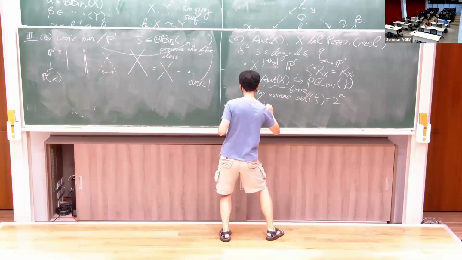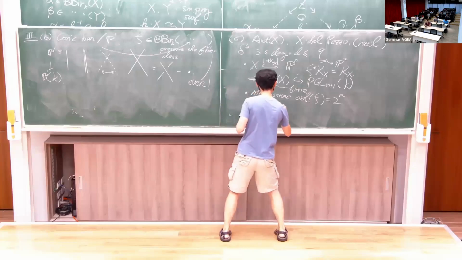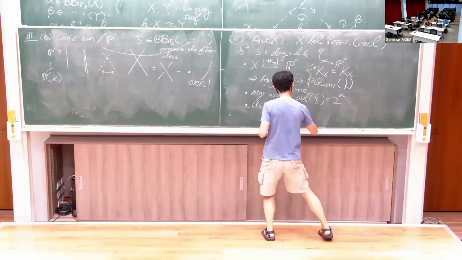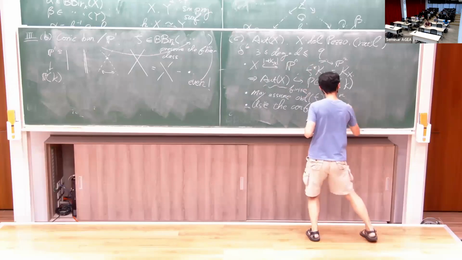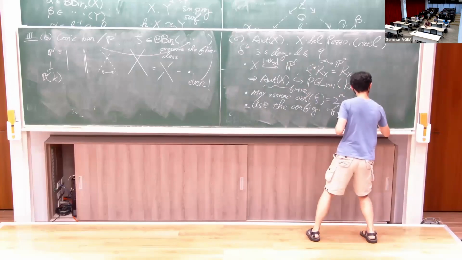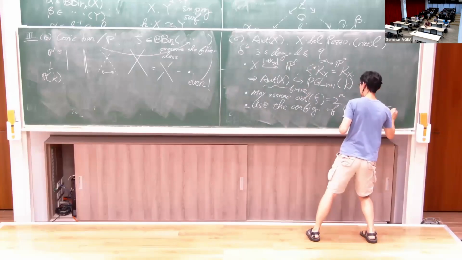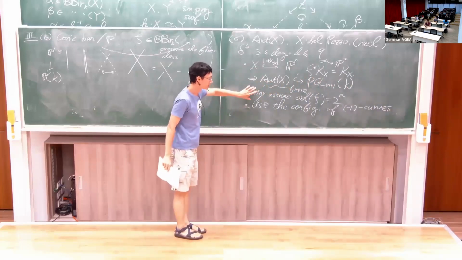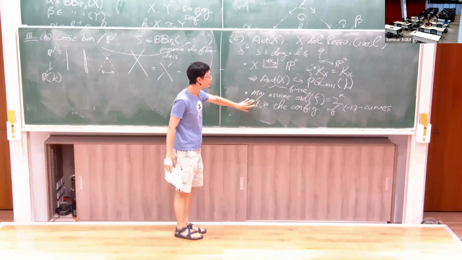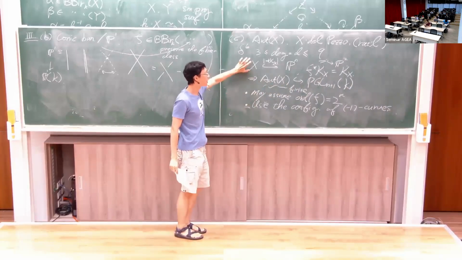We can use the configuration of -1 curves. This third thing. So under this assumption, if you consider the configuration of -1 curves on this Del Pezzo surface,